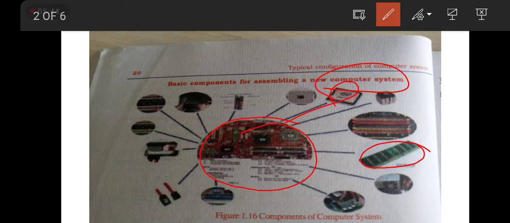It is called an assembled computer. So all the devices are not from the same company. All the components or hardware parts of the computer are taken from different companies. Is that clear? I hope this is clear.